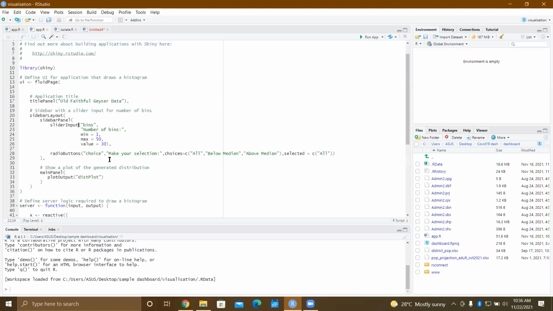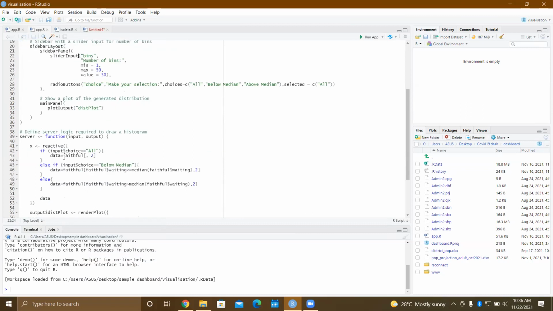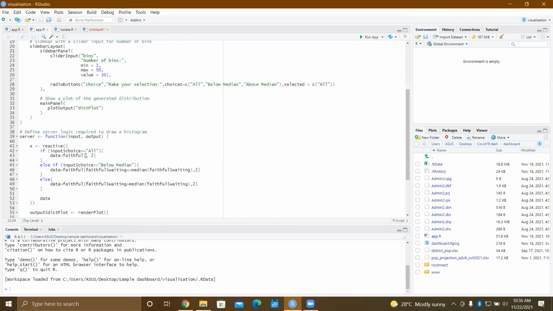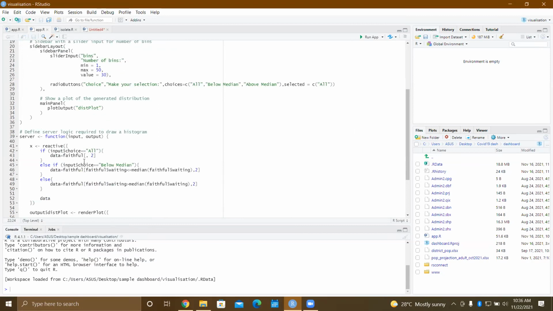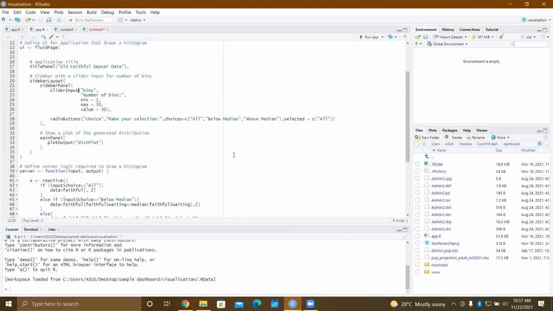I showed you how a reactive function is used in RShiny, how it controls the input given by the user and the output we need to show in the UI, which gets calculated in the server. So today I will be showing you three more functions like this, which enable us to control the UI and the server, which go hand in hand.